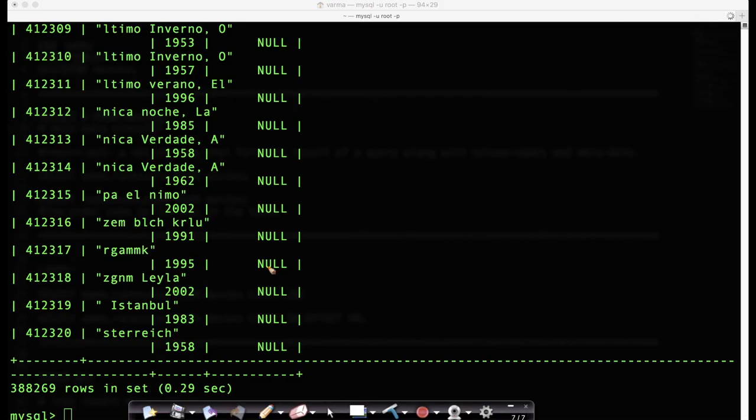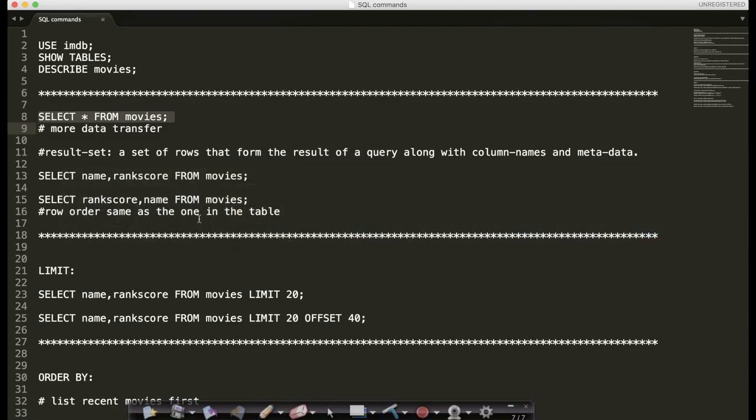So let's understand this command first. The command that I used is select star from movies. Let me break this down for you. What did I do? I said select star from movies. So select basically says,